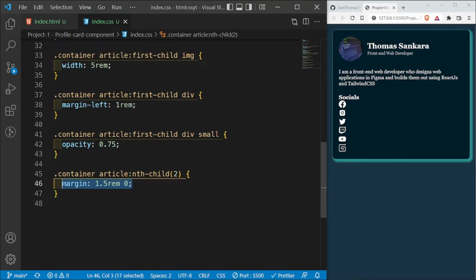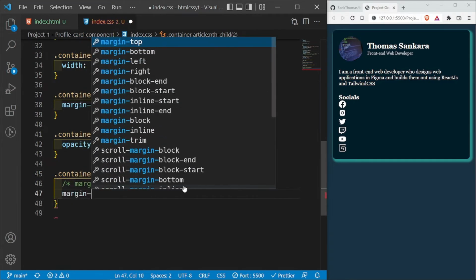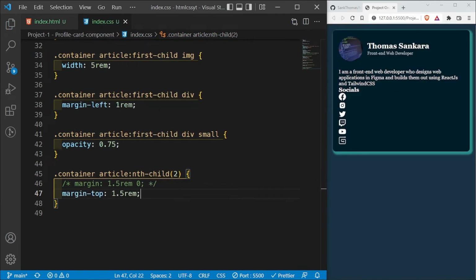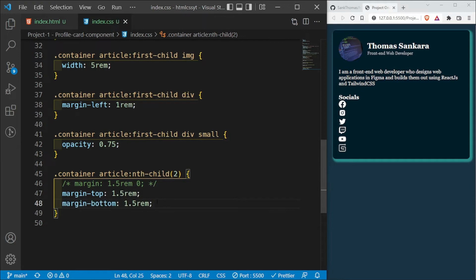Now I have done this on purpose because notice how I have used margin left here. It is also possible to say margin top. So let me just comment this out to show you. I can say margin top, set this to 1.5 rem, and you notice that margin is going to be applied outside of the article, and it's going to be a margin of 1.5 rem right here. And then I can also say margin bottom of 1.5 rem, and this, as you can see, is going to work correctly. However, it is not recommended to use this